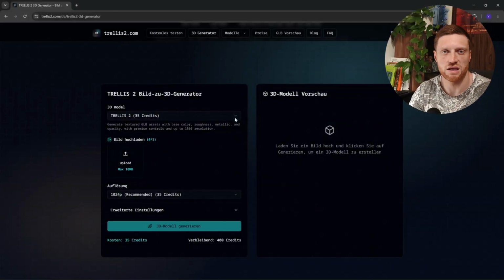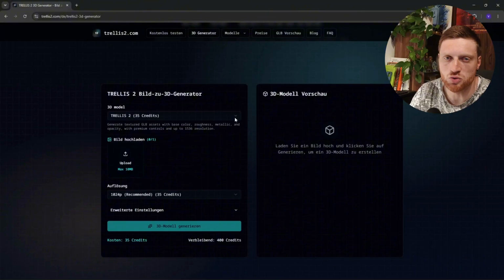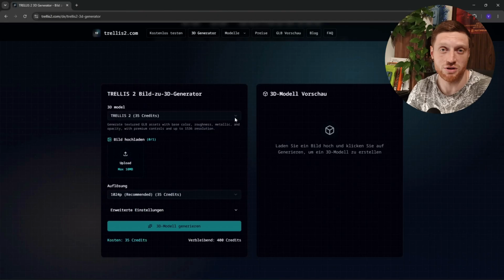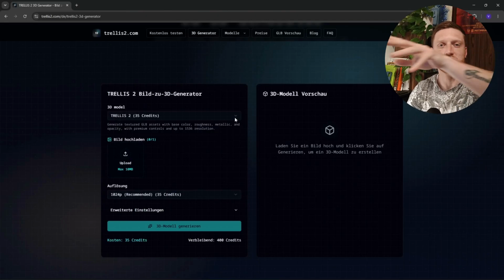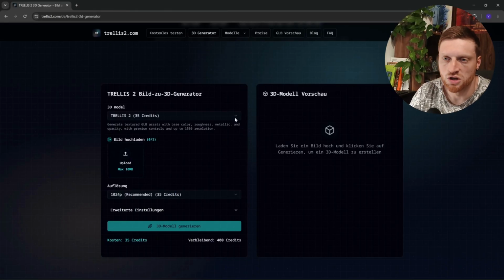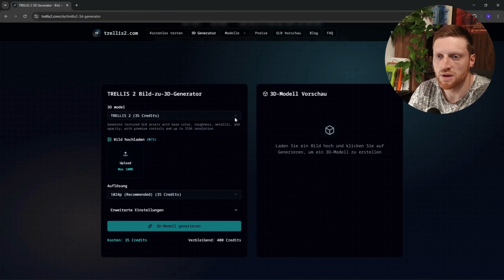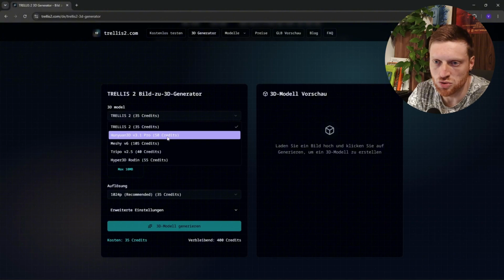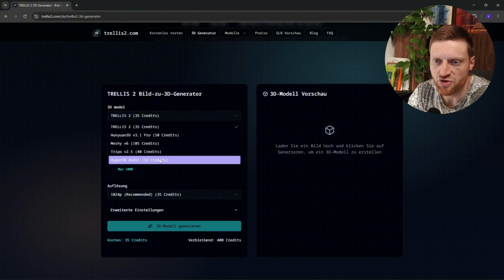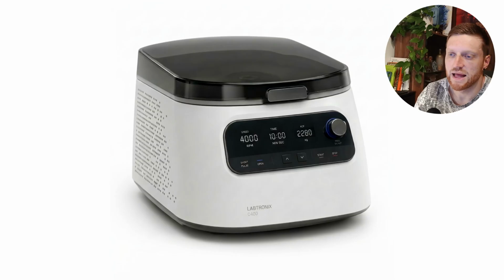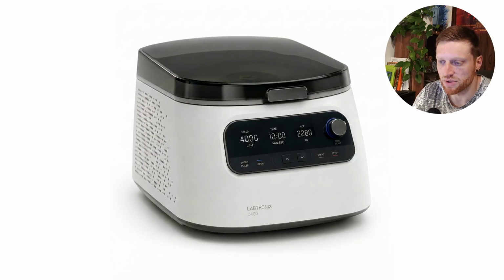In order to give you a comparison, I chose to use the Trellis 2 service, where they offer basically image to 3D generation models in one platform instead of having to buy a premium upgrade on all these different services. But I will also show you the results of the free generation tools that these services provide. But just for you to see, the models that I will be comparing are Trellis 2, Hunyuan 3D, Meshy, Tripo, and Hyper 3D Rodin. And this is the reference image that I will be using in order to create my